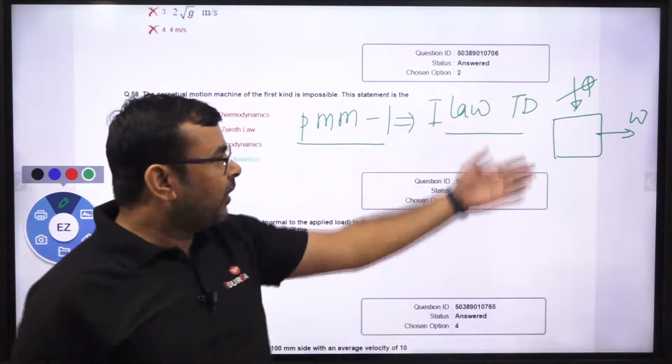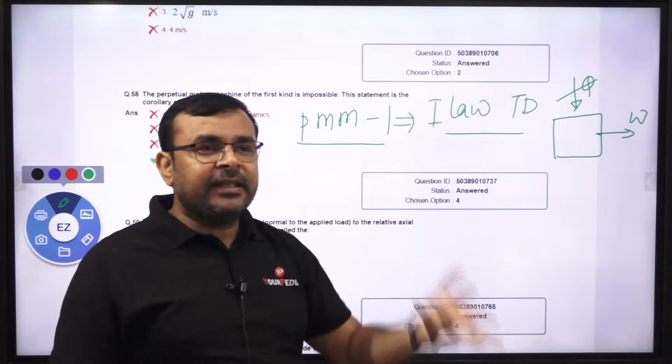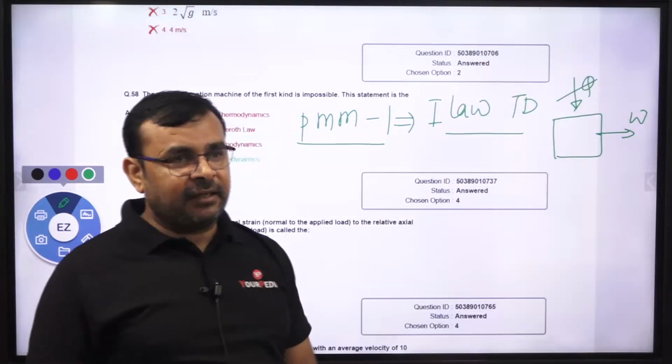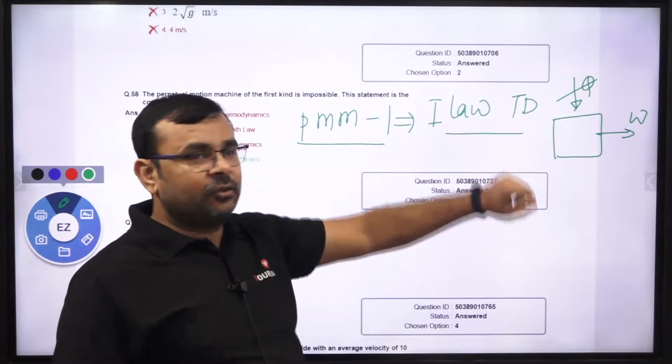Yes or no? This is called a perpetual machine. It is impossible to construct this kind of machine which takes energy once and performs work continuously. Yes or no? This is called a perpetual motion machine of the first kind, and it is based on the first law of